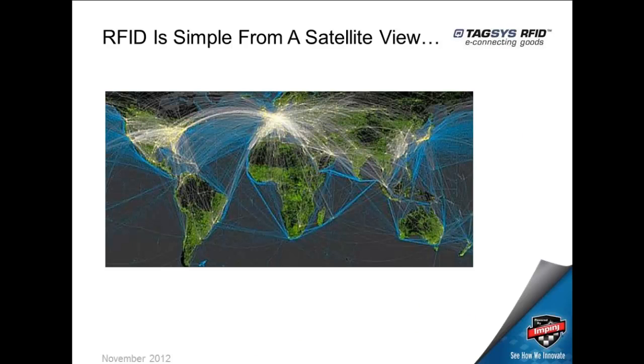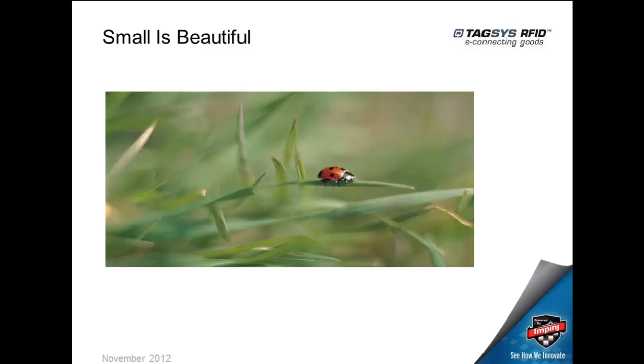Good morning, good afternoon, everybody. Christophe from Taxis. Small is beautiful. To start with, I'd like to share an anecdote. Recently, I met an American retailer who told me that his RFID project was a total disaster. He works in the jewelry space, rings, necklaces, bracelets,